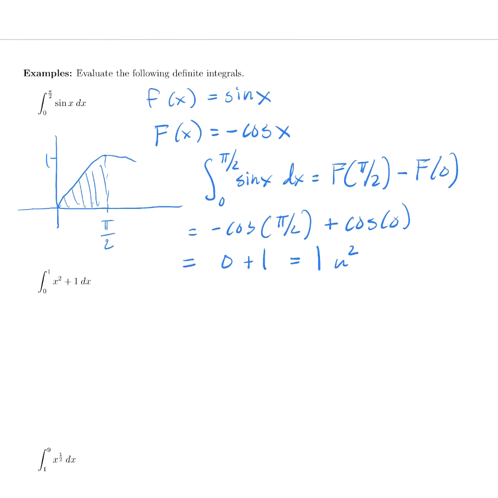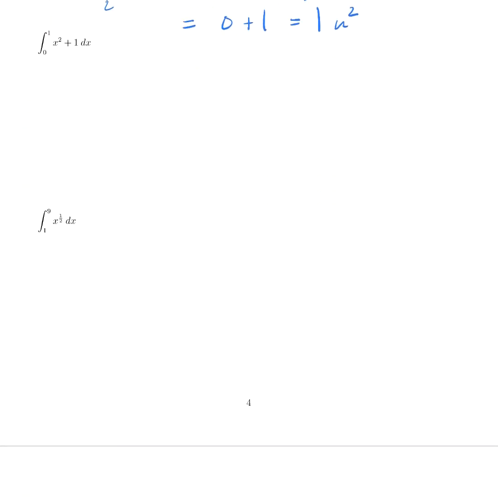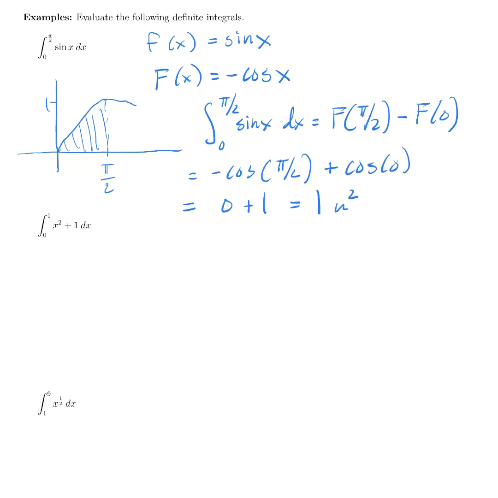Okay, we can use this capital F notation all the way through, but it gets a little bit cumbersome, especially as we move further along in evaluating definite integrals. So I'm going to show you a slightly more efficient notation for these last two examples, and then you can try to put this into practice in the activity. So here's the slightly more efficient notation. Let's write down an equal sign. This definite integral is equal to